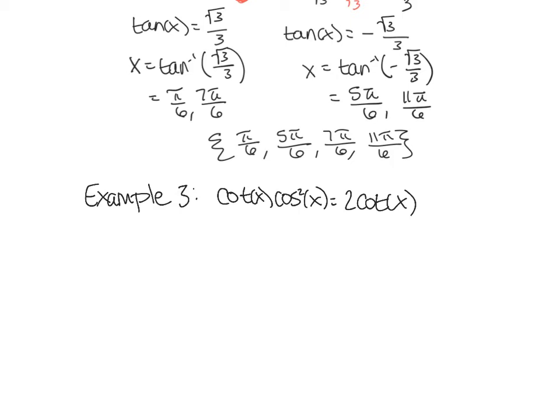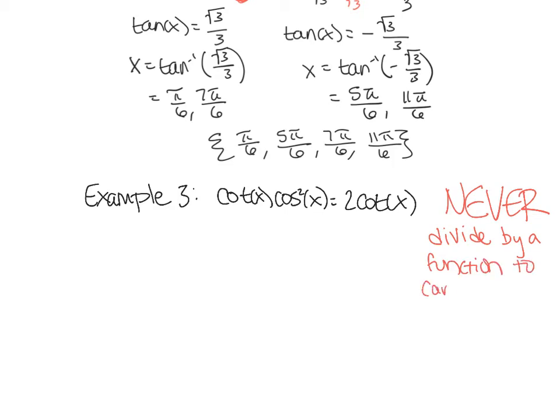So when we take a look at this, our first instinct might be to say, oh, there's a cotangent on one side of the equal sign and the other side. Let's divide both sides by cotangent. No, do not do that. Never, big capital letters, divide by a function to cancel it out. So if, for instance, there was a 2 on both sides of the equation, that's something you can divide by. But if it's a function, do not divide both sides by that function. You will be losing